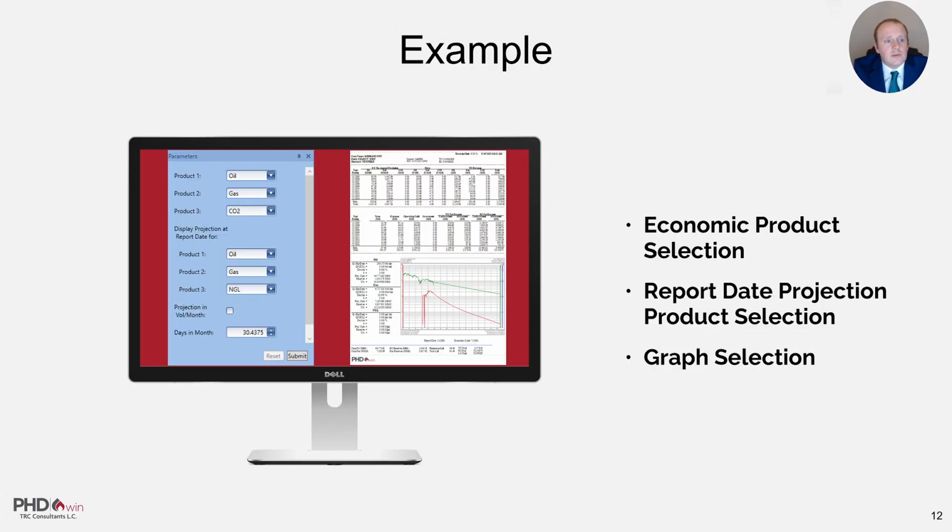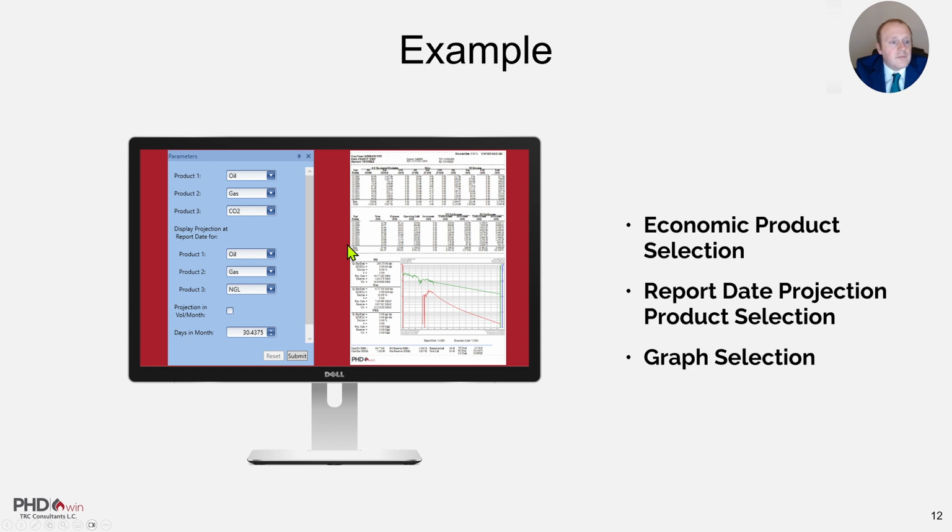All right, next we have our example of a report that is similar to the Oxy Property Tax Department's report. And I like this one because it's got more on it than we normally have on reports. It has some pretty good parameters. So, like our user-defined reports and the detailed and one-liners, you have product selection that will be up here for your economics. We've got oil, gas, and CO2 in this example,